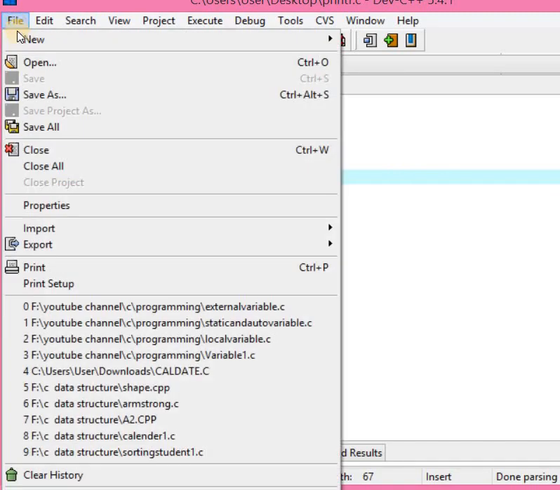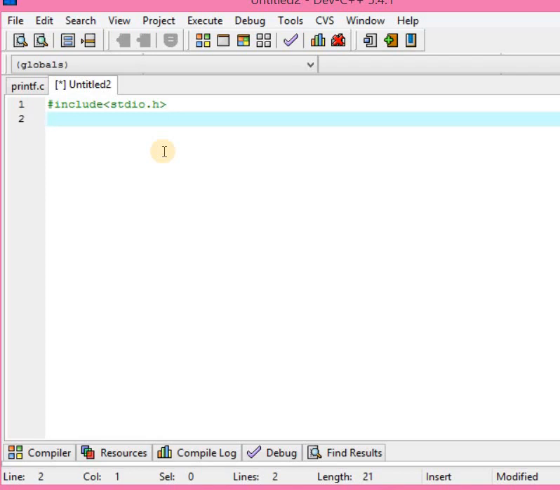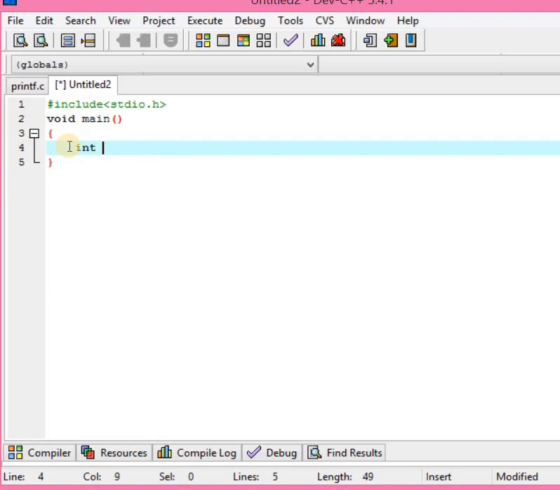For that again we go to file, new, source file. Again write hash include stdio.h. After that, void main. If we write void main, then you don't need to write return 0. With variable, first we write the data type: int variable a, assign the value 100, semicolon.